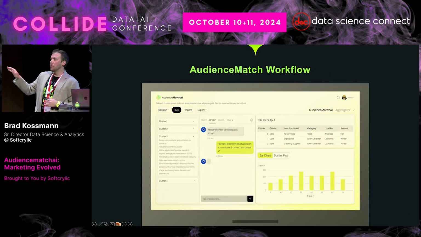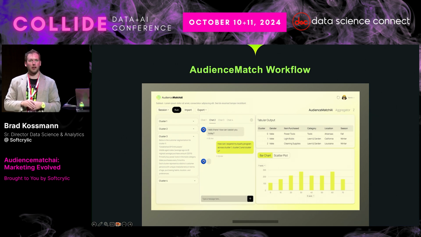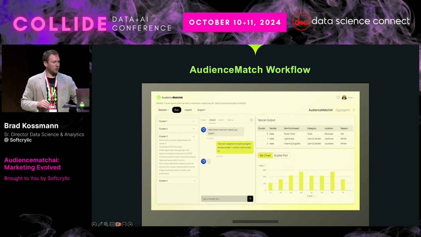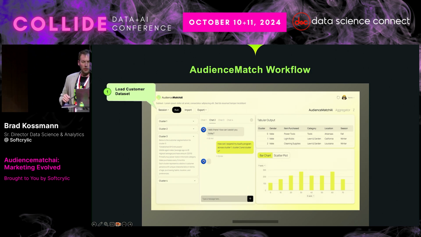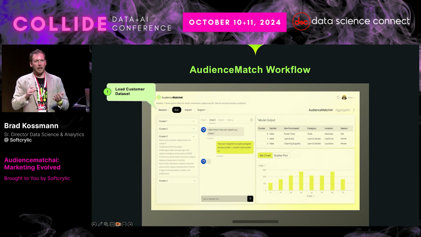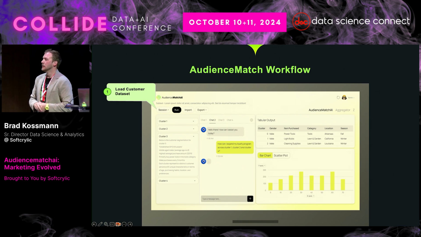This is a wireframe of our UI. What you'll see in a moment is a little bit different from this. This product is very much in the early phases of the development cycle. But I do want to walk you through a few things that Morgan's going to be demonstrating in a moment about how all this works. Number one, loading a customer data set. In this case, you can think of this in terms of your transactional data, your digital data, marketing data, demographics, whatever you might have access to.